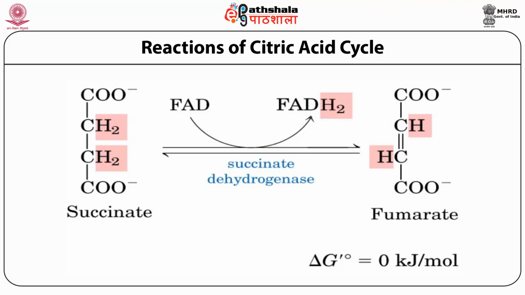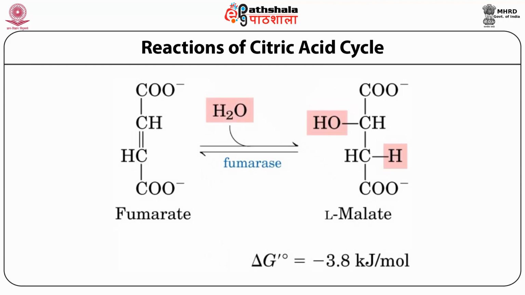Malonate has a similar structure to succinate and competitively inhibits SDH. The seventh step in the tricarboxylic acid cycle is catalyzed by the enzyme fumarase, which adds a water molecule to get everything ready for the final step of the cycle. The enzyme fumarase carries out hydration of fumarate, converting it into malate.